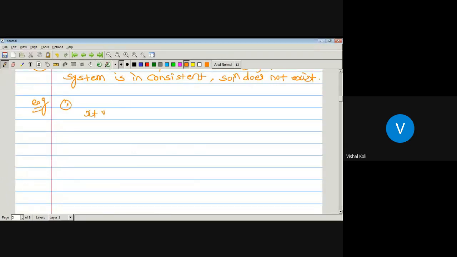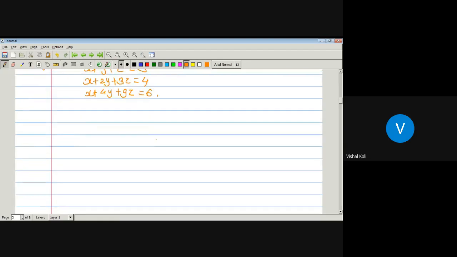x plus y plus z is equal to 3. x plus 2y plus 3z is equal to 4. And x plus 4y plus 9z is equal to 6. Okay. Now, its augmented matrix form is